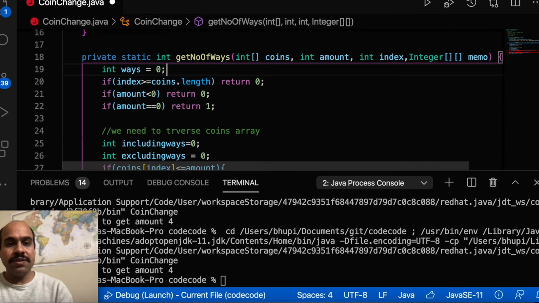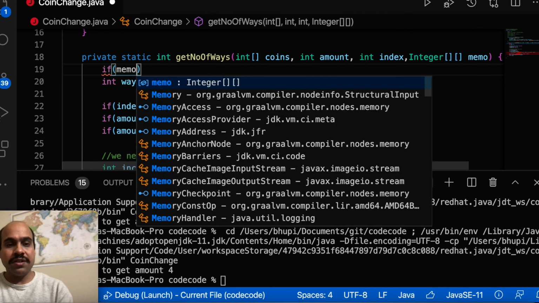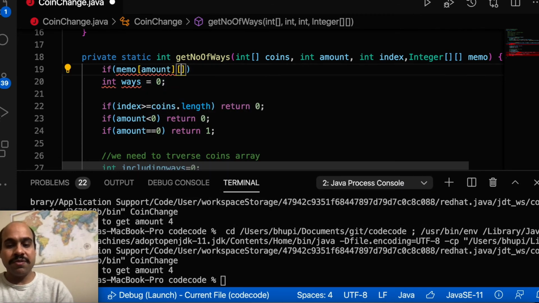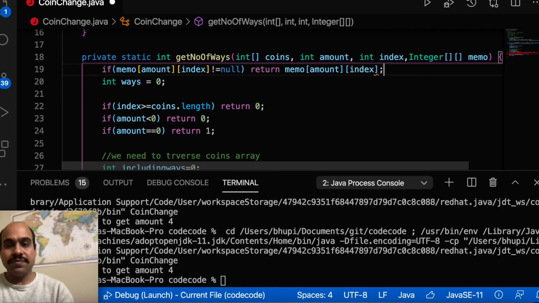At the top, maybe at the first line only, you can simply check if this 2D array for this particular amount and for this particular index is not equal to null, it means we have already solved this problem, then simply return this value. So simply return memo of amount and index, that's it.